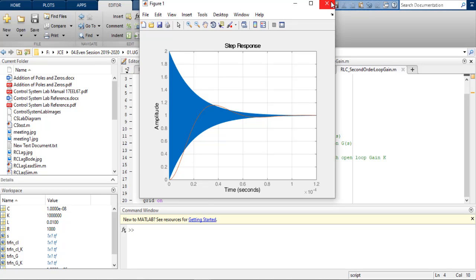If you have seen the root locus, when we change the value of k, the locus of the roots of the characteristic equation may go to the right hand side of the y-axis, making it unstable. But in this system, even if you go to a very high value, the system is not getting unstable.